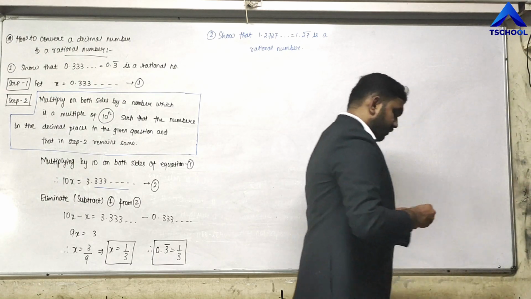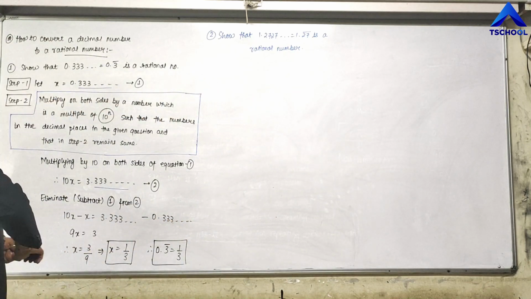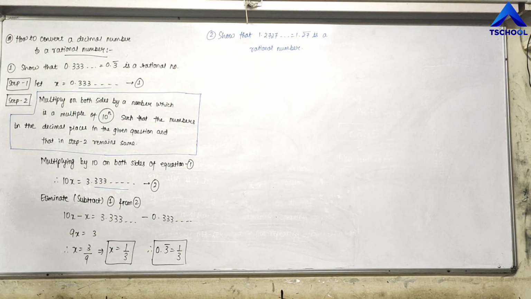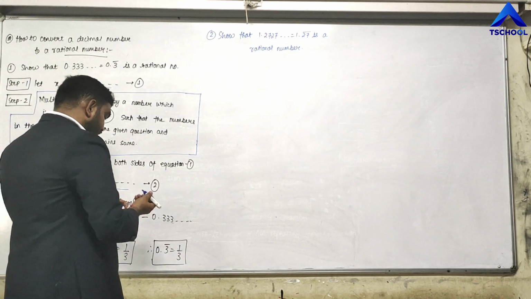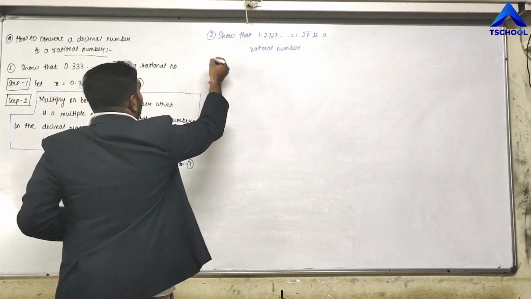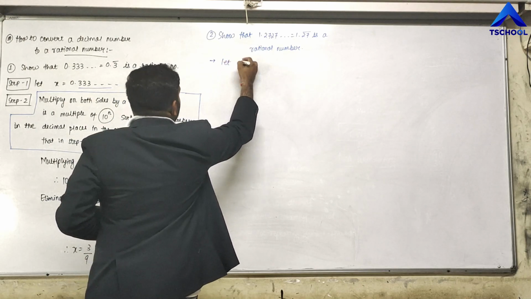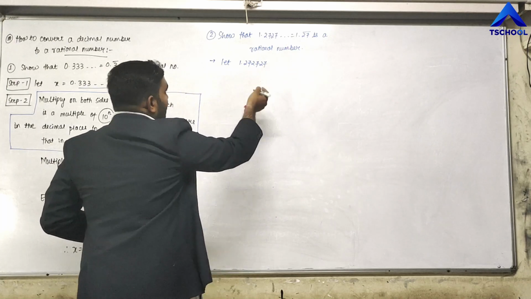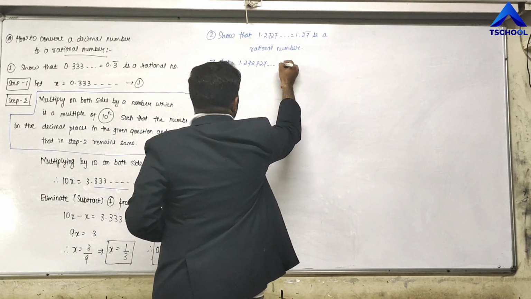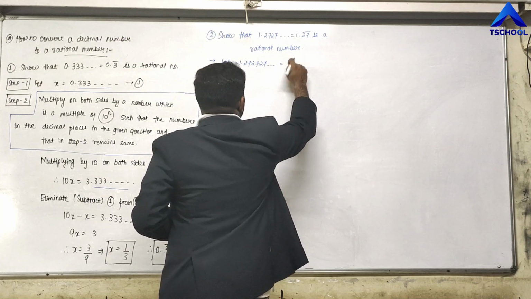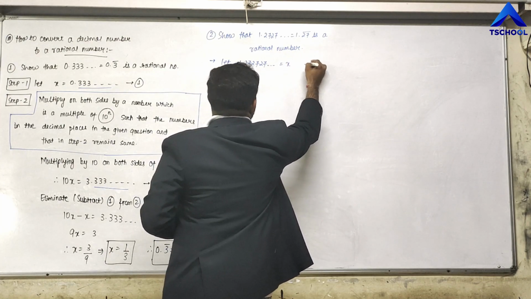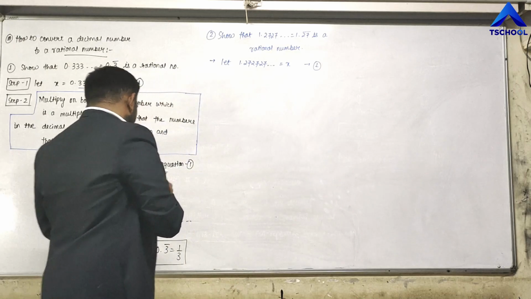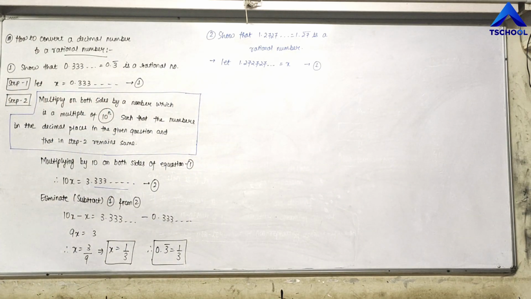Okay, now we shall perform the same steps that we have already performed in the first question, right? Okay, let us try to solve this again. For this question, let 1.272727, you can write it up to 2 or 3 decimal places also, be equal to x. So this is my first equation here, right? Let x equal 1.272727 or 1.27 bar. Now